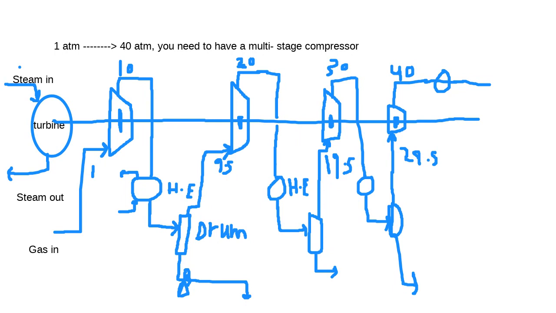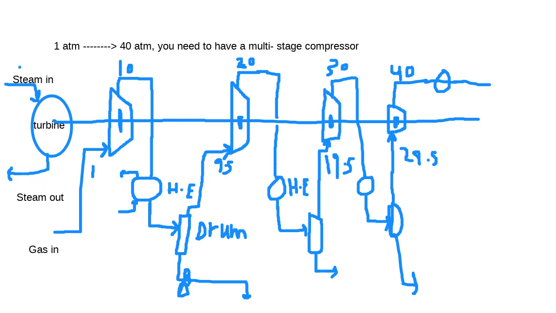How to solve this issue is to basically separate liquids from gases in a drum, a very simple drum, guys. And then after that you can allow the remaining gas to flow to the next stage until you get to the required pressure. This video is very important, or this explanation is very important, because